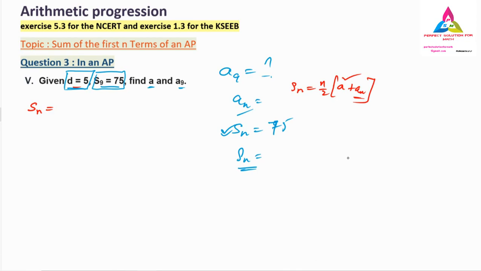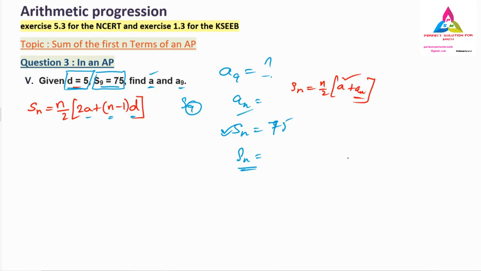So in which formula will the d value come? That is nothing but Sn is equal to n by 2 into 2a plus n minus 1 into d. In this formula, we can write down the d value. d value is over here. The n value they have given, not directly, but they have given it. That is S9, so 9 is the n value. The a value they have not mentioned, so we have to find the a value. n value we know is 9, and the Sn value is also given, that is 75.